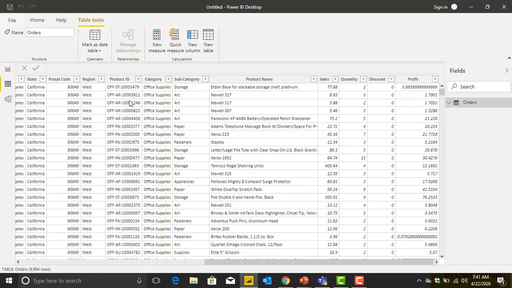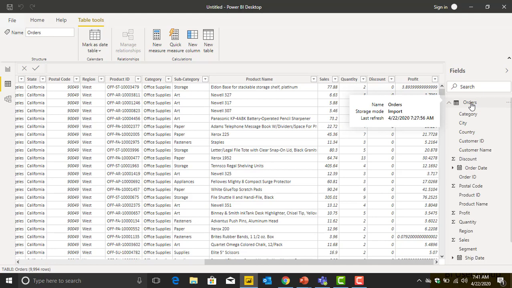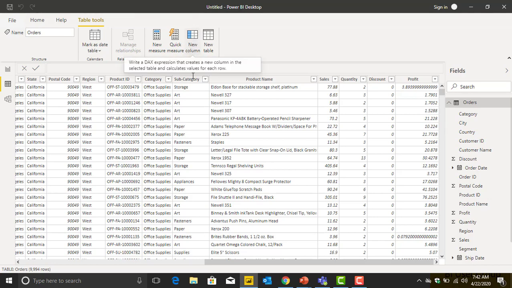So first thing is, you come over to the data view here, then you come over to the fields pane and you select the table where you would like to add a column. Once you select that table, the first thing you will see on the top of your Power BI tabs is an active tab called Table Tools. This will allow you to do some operations on tables. In this case, we want to create a new column. So when you click on the new column button,